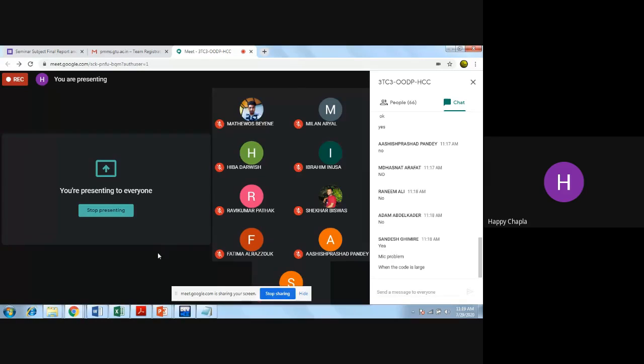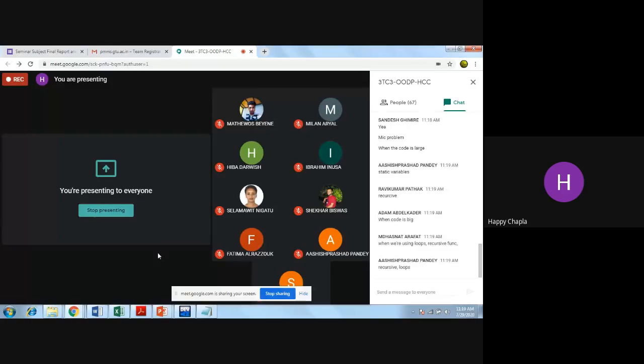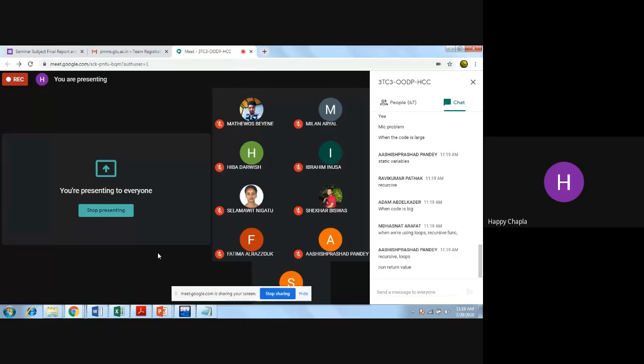Other than Sandesh, if you know the answer, you can write. In which situation is my inline function not preferable? Okay, static variable with recursive function, right? When the code is big, when we are using loops, recursive function, very good. Switch case also, non-returning value, very good.